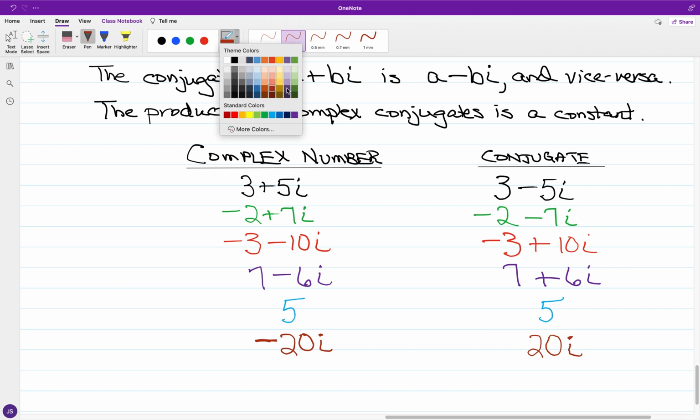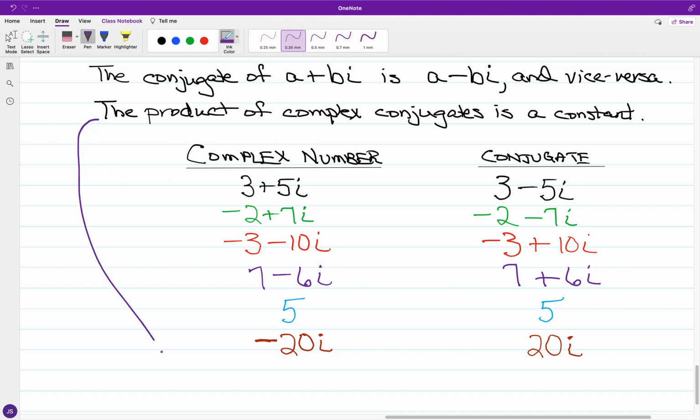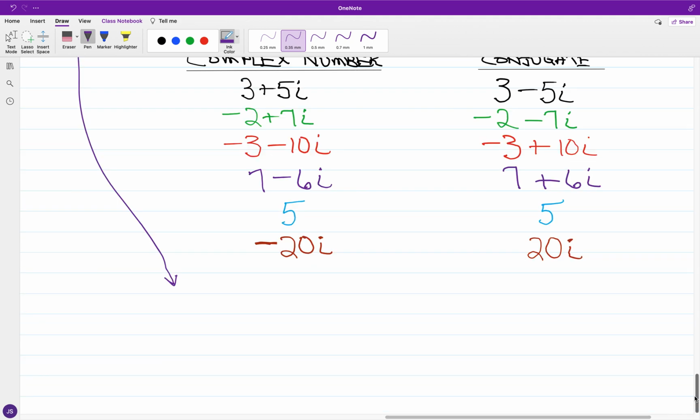And just kind of referencing here what we have with the product of complex conjugates being a constant. Say if I have, like with this set here, 7 minus 6i multiplied by its conjugate,